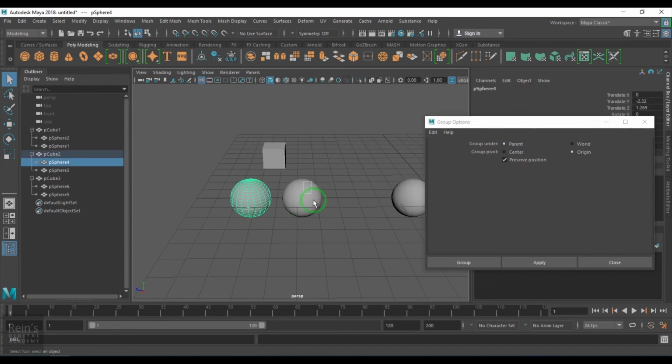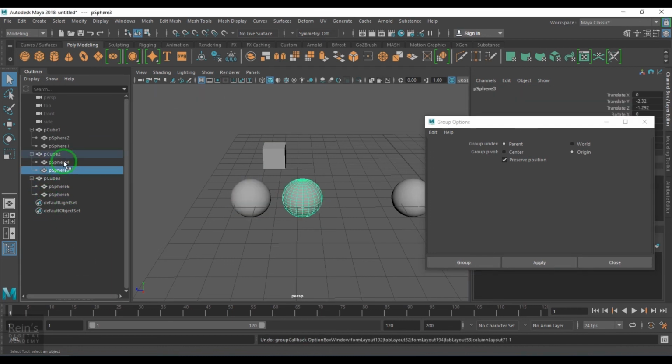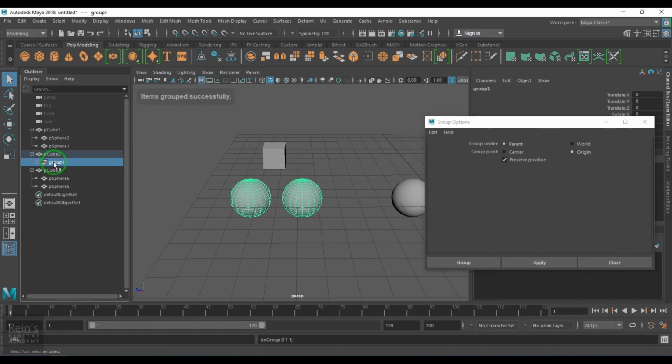Now these two spheres are the child of the cube. If I select these two spheres and then group them, what happens is these two spheres will be grouped and the group will be under the parent. See that, under the parent.